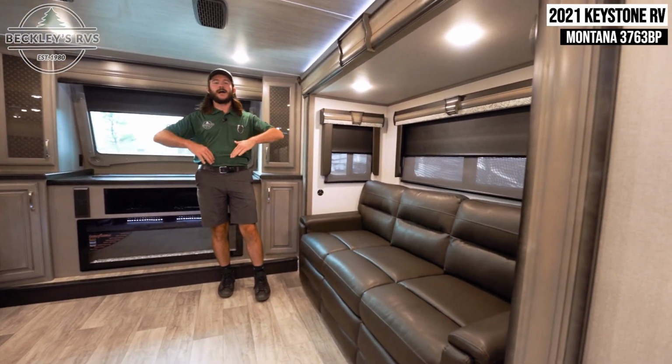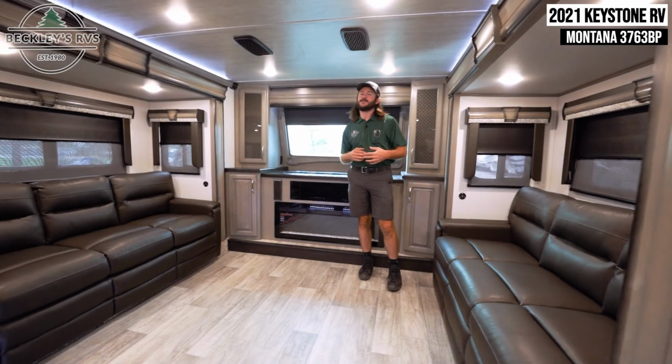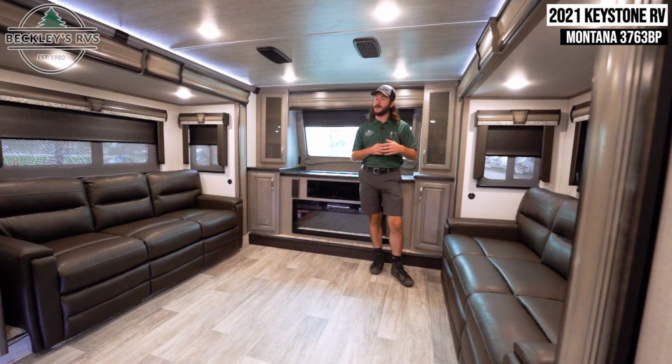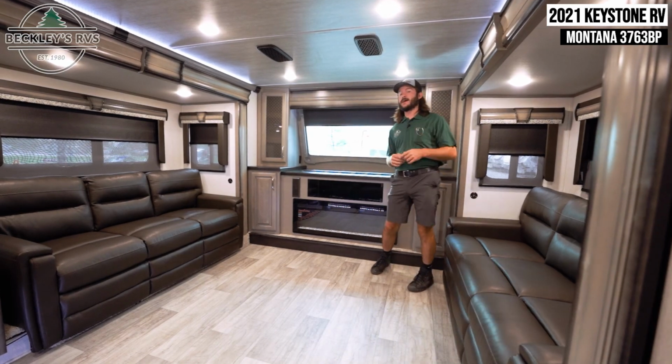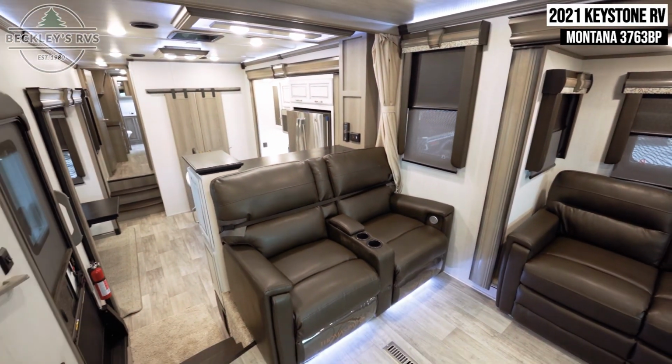These can both fold out at the same time, giving you the ability to sleep an extra 4 people up here. So when you have the kids and grandkids come, they have their own area to sleep away from the main master bedroom. Facing directly at the TV and the front of the camper are your 2 electric recliner sofas